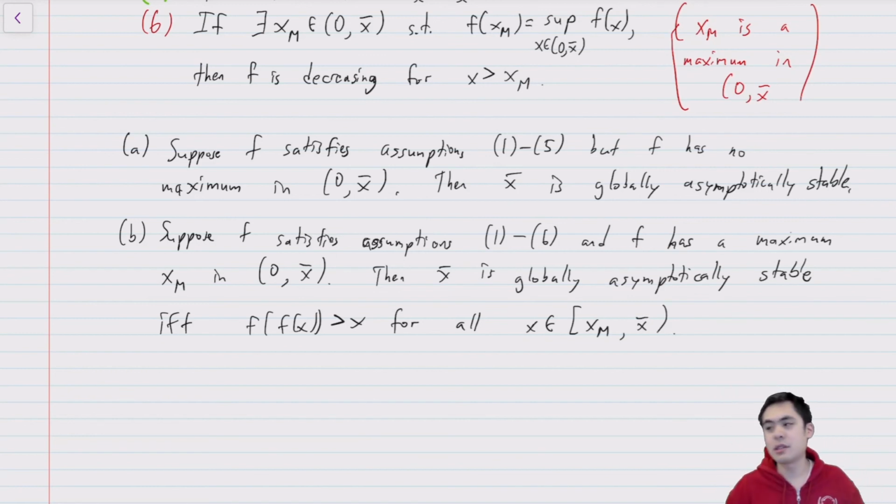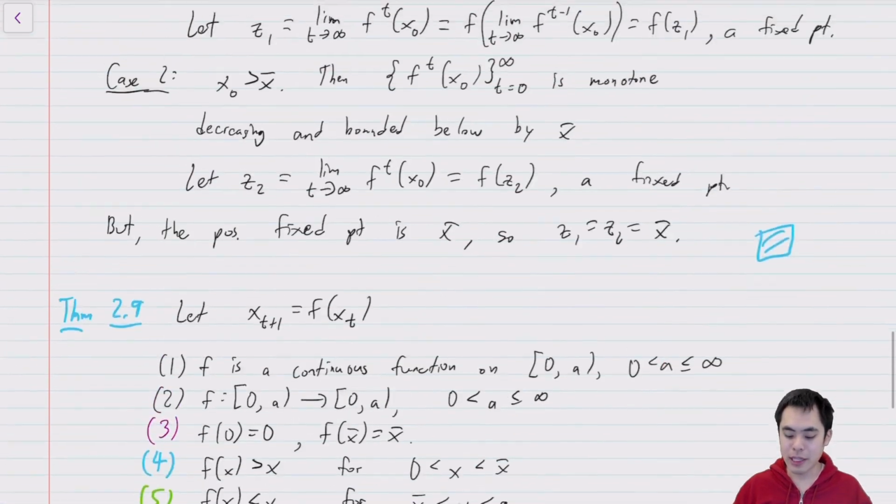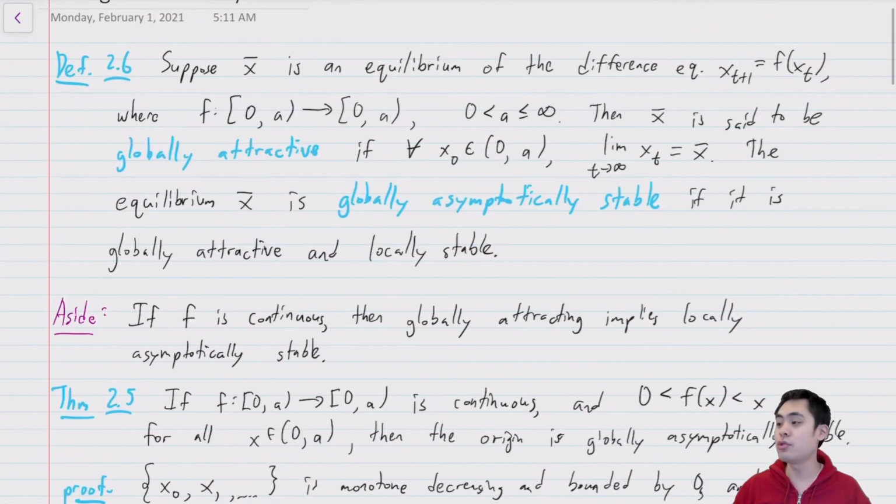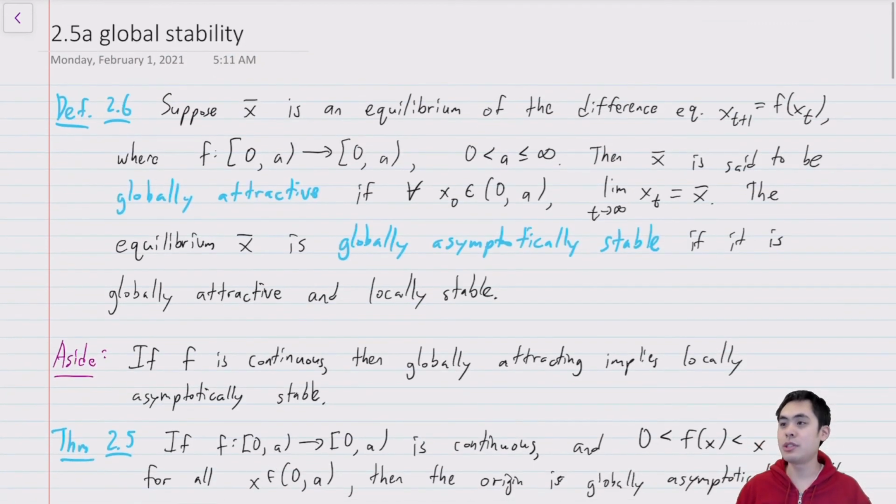So this condition basically replaces the condition about 2 cycles. And so this is sometimes a little bit easier to test, sometimes a little bit harder. But it is an alternative way of figuring those things out. In the next video, we'll actually go through some examples of applying each of these different theorems to determining whether or not a difference equation has a globally asymptotically stable equilibrium on the positive real axis. So I will see you in the next video.